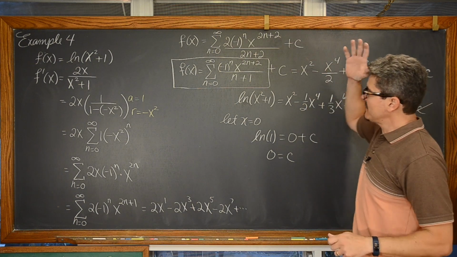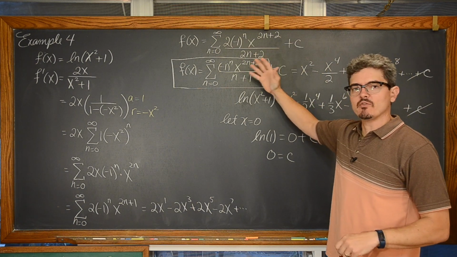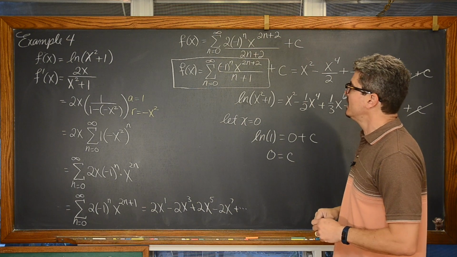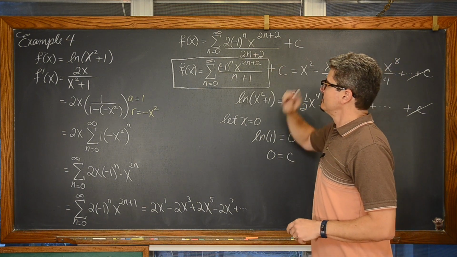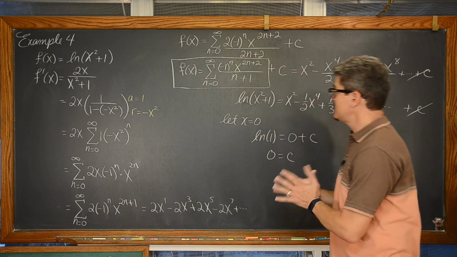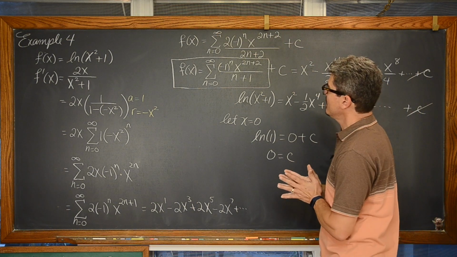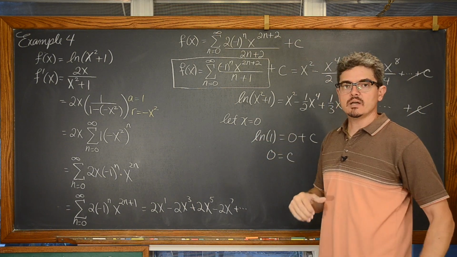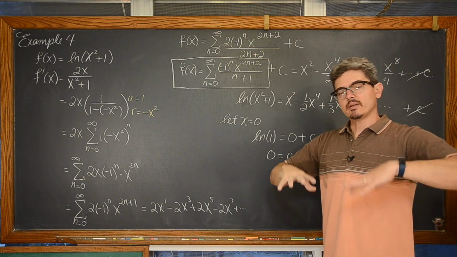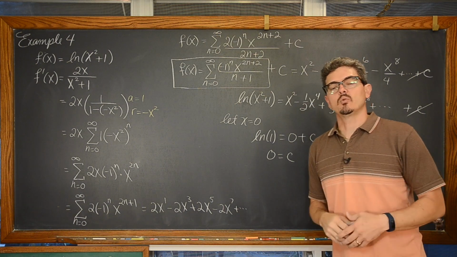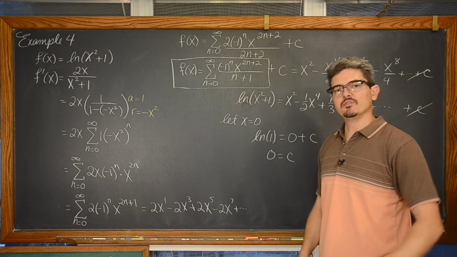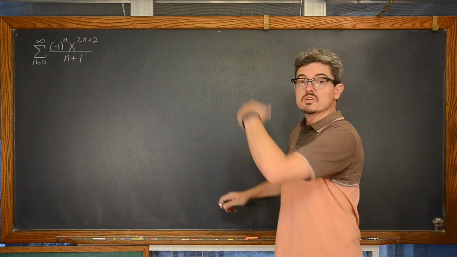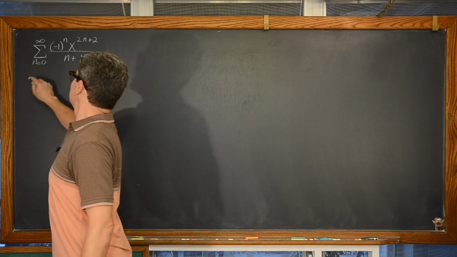So we need to now look and review some of our skills from earlier in the chapter and find the interval of convergence of this series. But I want to make sure I don't run out of time on the camera. Clean this up. We'll get that done. We're going to work through the ratio test to find our radius of convergence, and then test the endpoints to find our final interval of convergence. So we have our series. We're going to set up our ratio test.